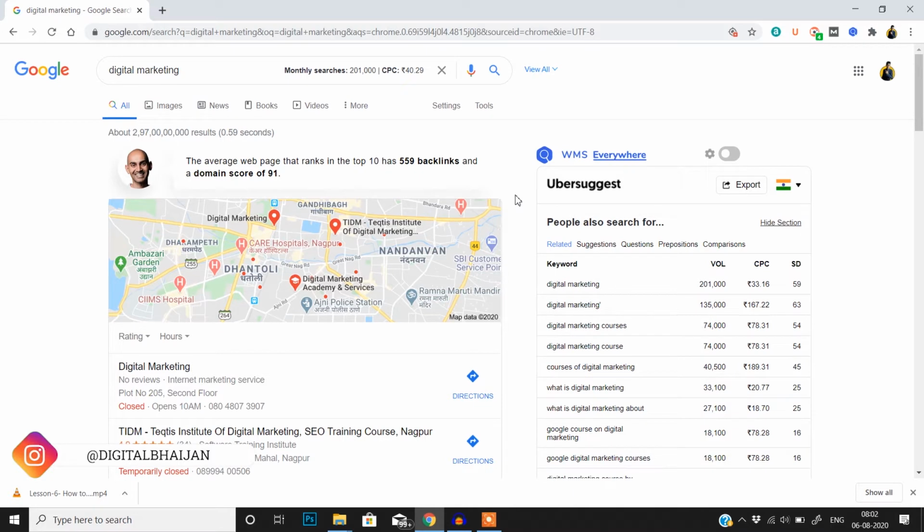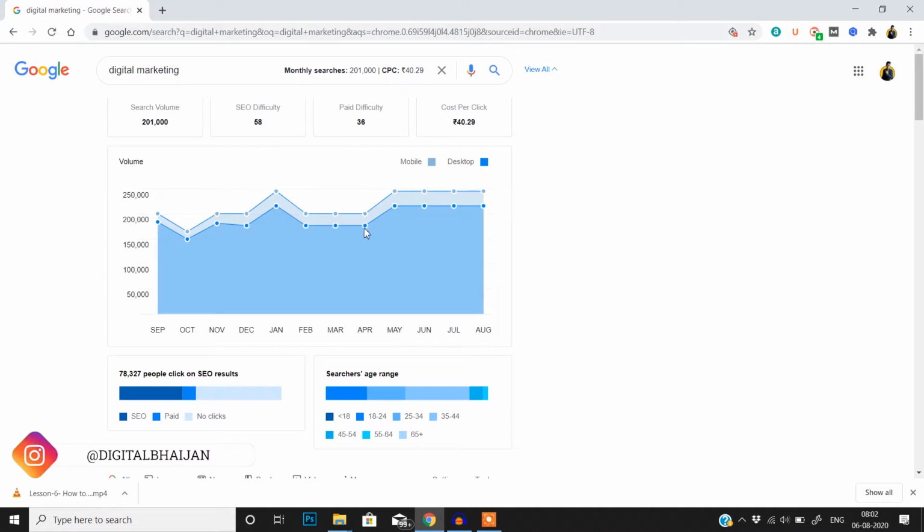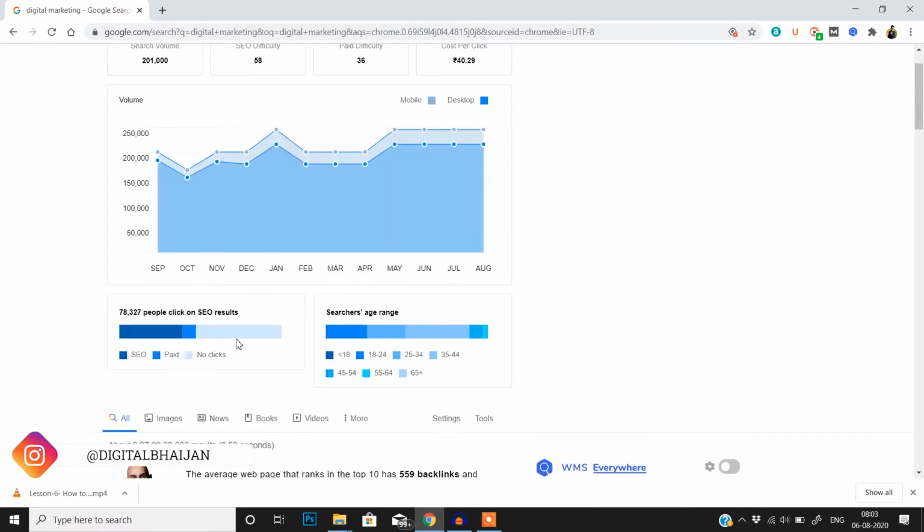If we need more information about this keyword, you can see the view all button. Just click here and it will give you search volume, SEO difficulty, paid difficulty, and cost per click, CPC. It will show you the trend of this keyword over a period of time. And it will give one more amazing thing, that is how many people click on SEO results. Let's suppose 2 lakh people are searching for this keyword. Out of these 2 lakh people, only